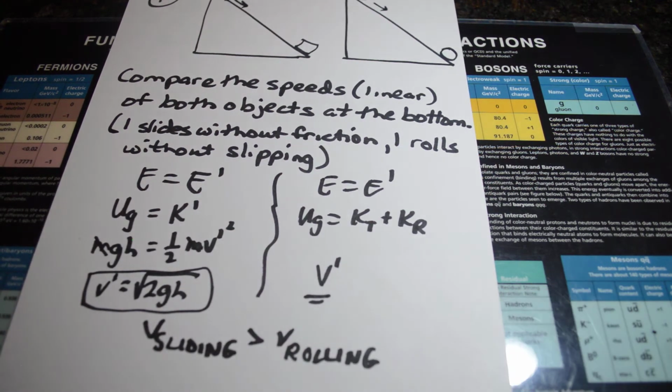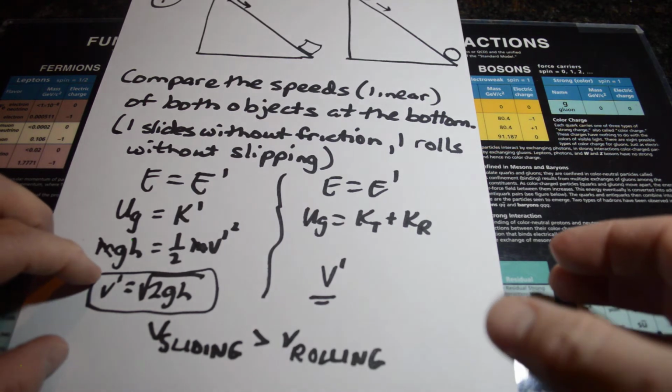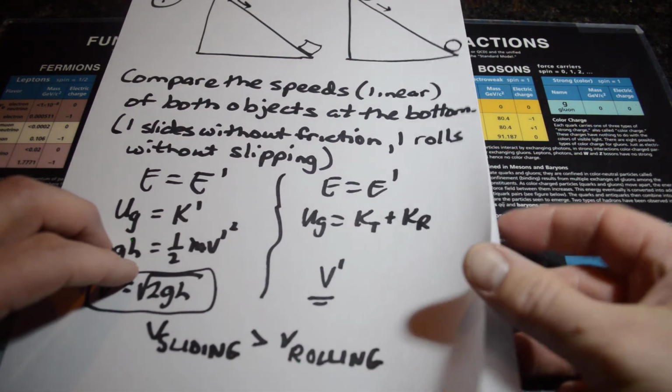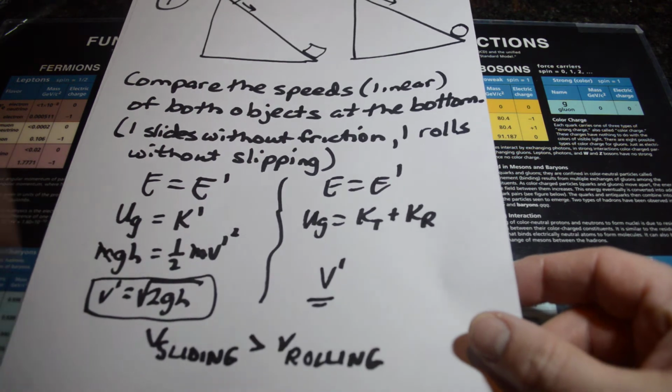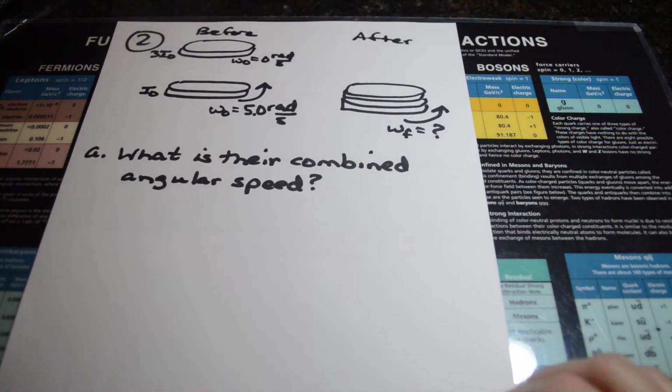That's just a straight comparison, because the one is just translating and the other has to translate and rotate at the same time. So we're going to say the speed for the sliding case is actually greater. It's just something for you to think about. Another classic